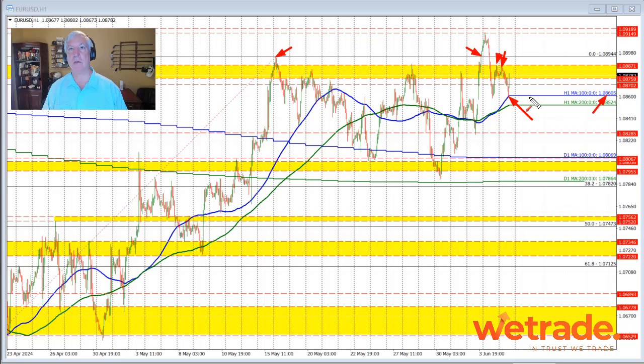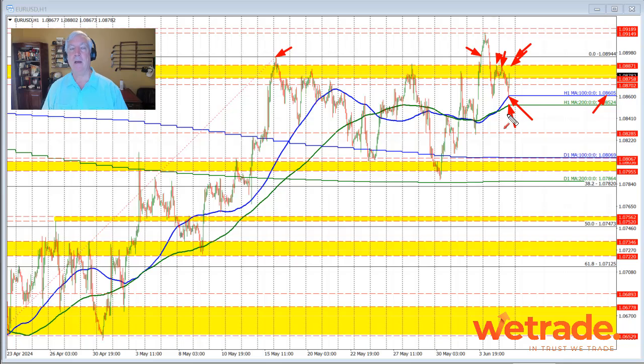Support buyers come against the 100-hour moving average. Below that is the 200-hour moving average. That comes in at 1.08524. On the top side, there's resistance now at the 87 level, maybe up to the 94 level. If the price can hold below that level, there's a battle going on between resistance up here and support down